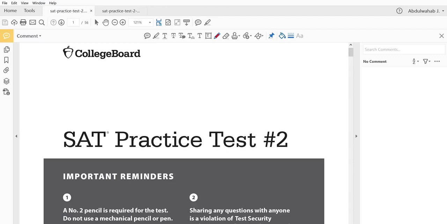We're going through the SAT practice test number 2, which you can download from the College Board website. It's for free, of course, and they are practice exams that you could get your hands on along with the answer keys and the explanations. We're going through them just to show everyone that the SAT doesn't have to be intimidating or hard or tough, that it is possible to get all correct answers on all questions